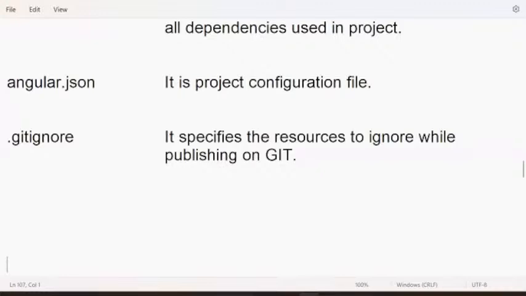Do you have any idea about Git? Do you know how to make your projects live? No? GitHub? No? If you don't have any idea, later I will show you. Because suppose when you are working in a project, suppose your friends together have to design a project, but all are present in different locations. Then how will you together build a project? Then you need some common repository online.